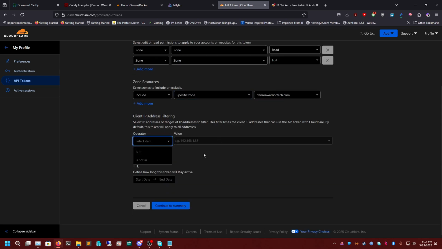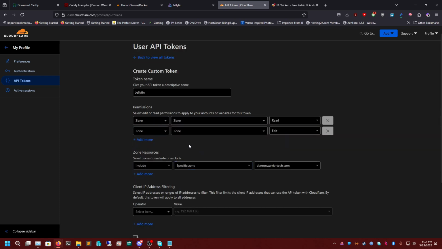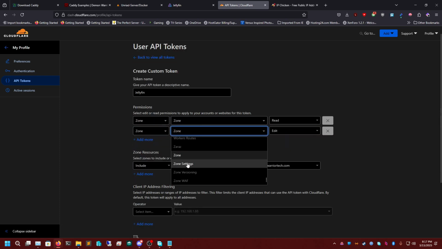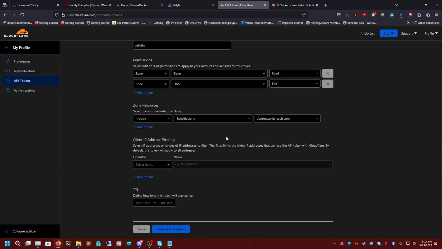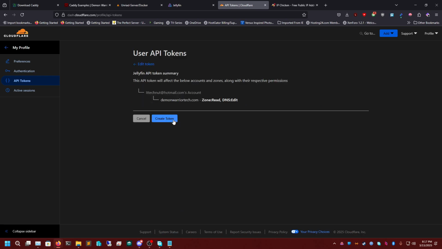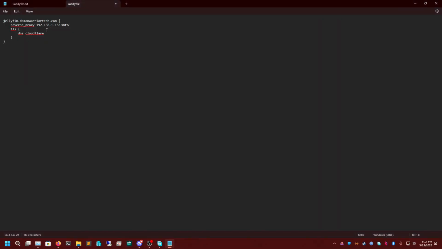This is going to get deleted anyways after I'm done with this, so I don't have to worry about it having issues. Oh, I'm sorry. And this is going to be zone, I'm sorry, DNS. And then this is going to be edit. So we have zone, zone read, zone, DNS, edit. We're going to click continue and create. I'm going to copy this token, and in this you're going to have DNS Cloudflare and then your